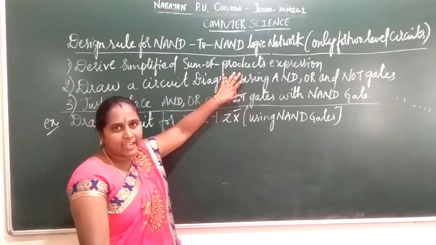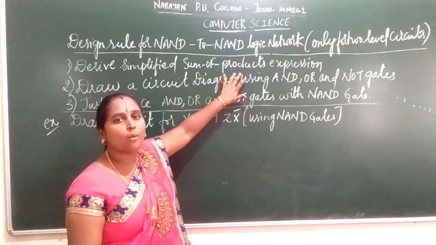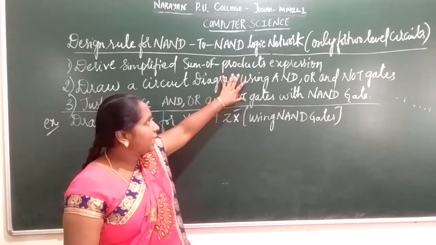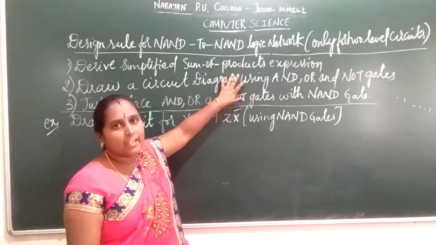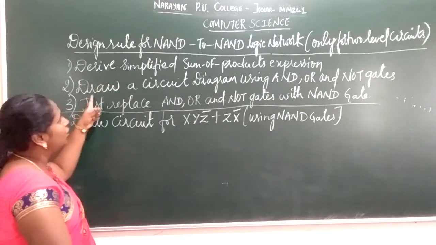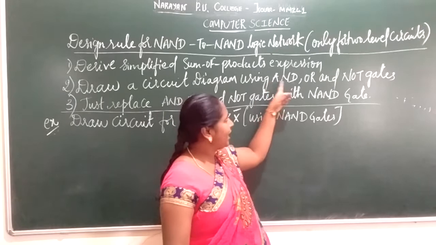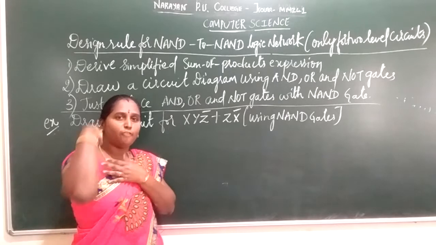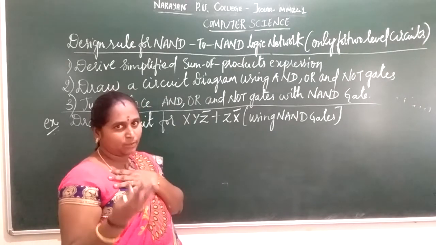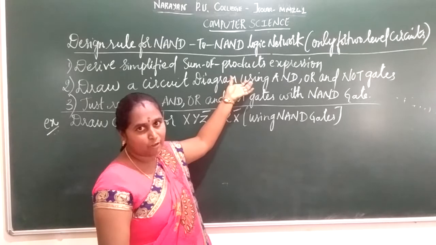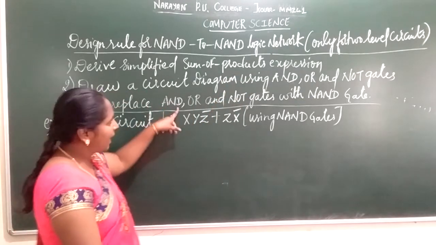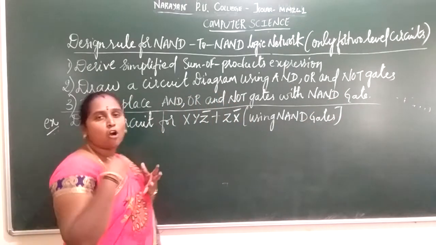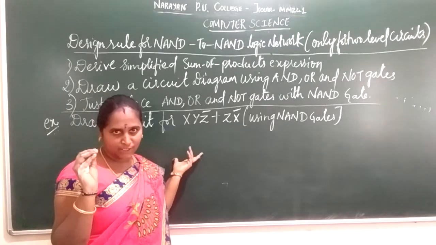When you want to use a NAND gate, the expression should be in the form of SOP, sum of products, min terms. So sum of products should be there. Once the expression is in the given simplified SOP form, then draw a circuit diagram for that expression using basic gates, that is AND, OR and NOT gates. First you draw the basic gates for the given SOP expression. After drawing the circuit diagram for the expression, just replace all your AND, OR and NOT gates with NAND gates. That's what it tells. Replace all the basic gates used in your simplified expression.